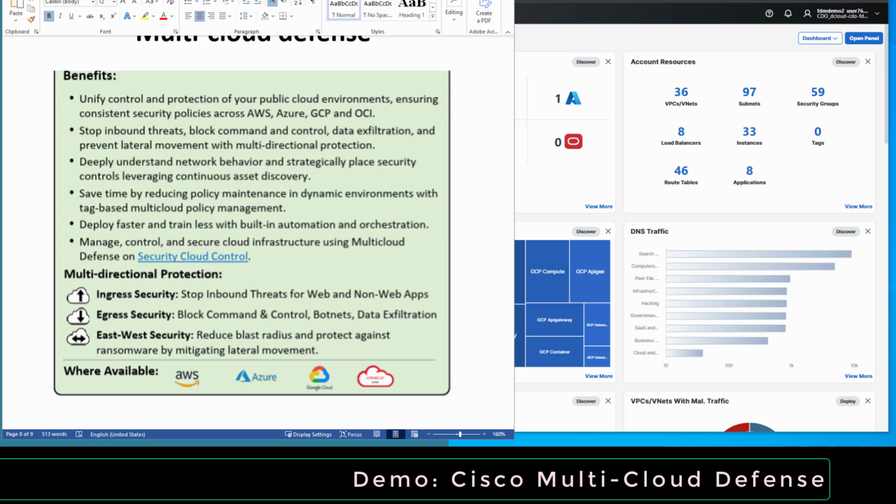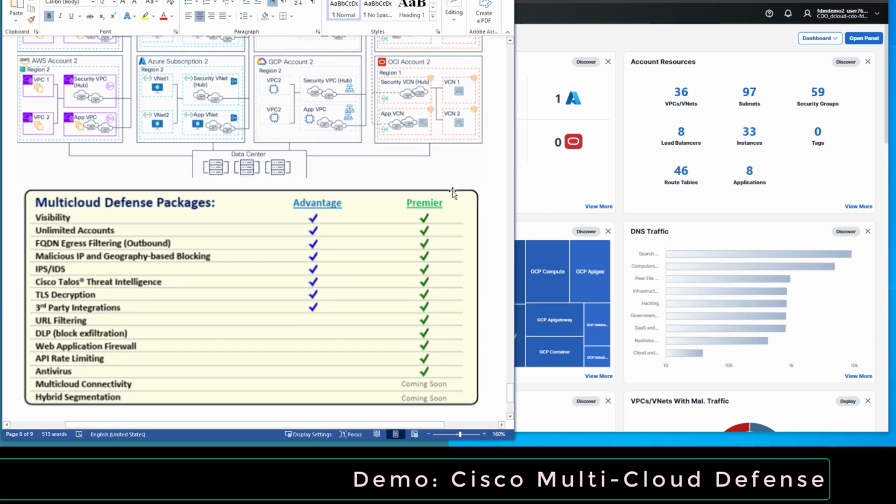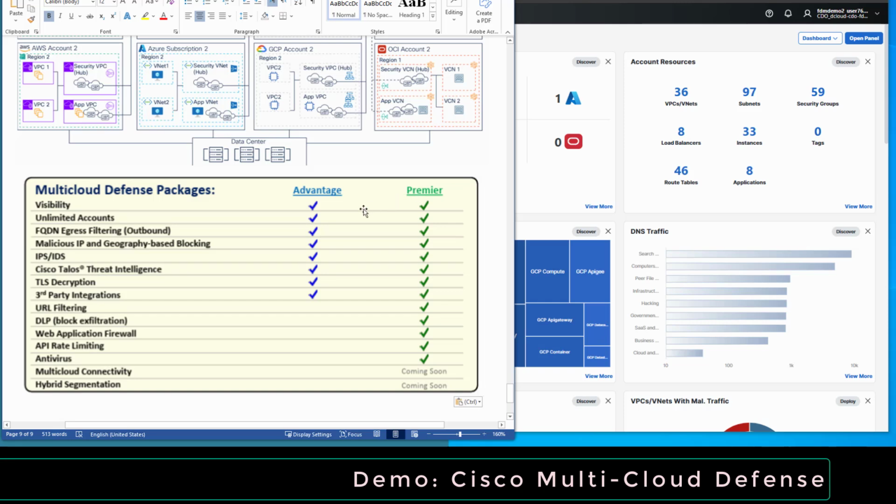So why do I talk about that? Because it has got two packages if you want to use it. Number one is called the Advantage. The other one is called the Premier. And you can see what features are available under each. See that? Okay. So let's go back to the